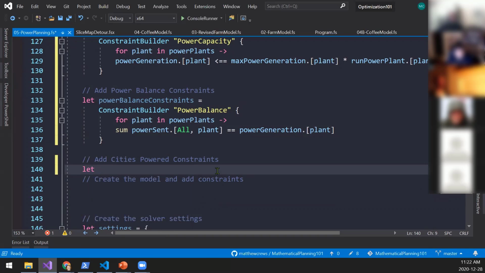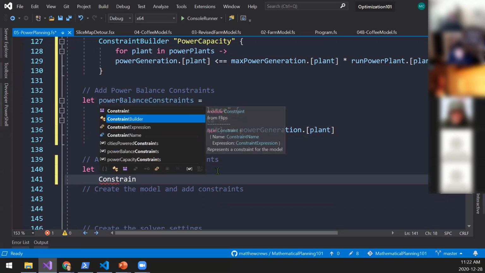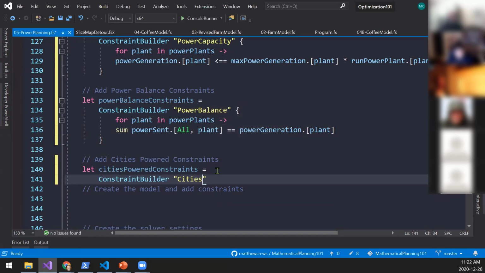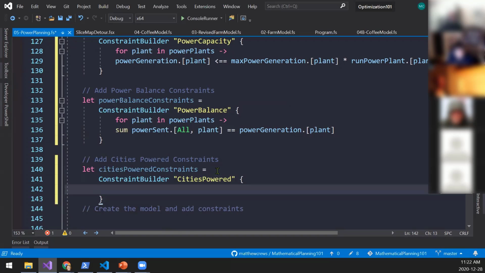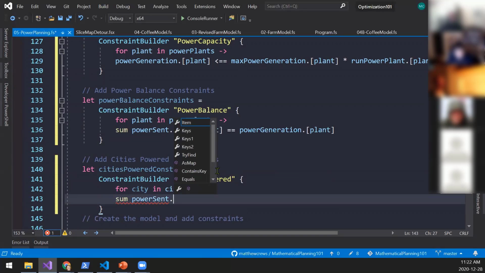Now we have the cities powered constraints. For city in cities, sum power sent. First dimension is cities. I'm looking at a particular city at this moment.